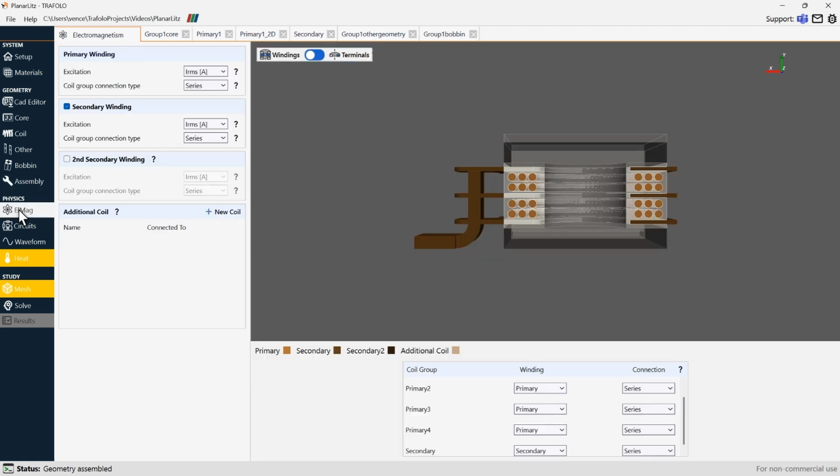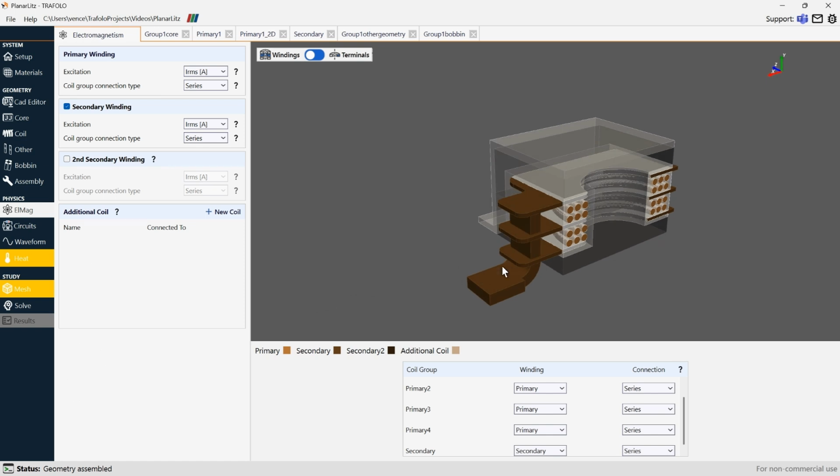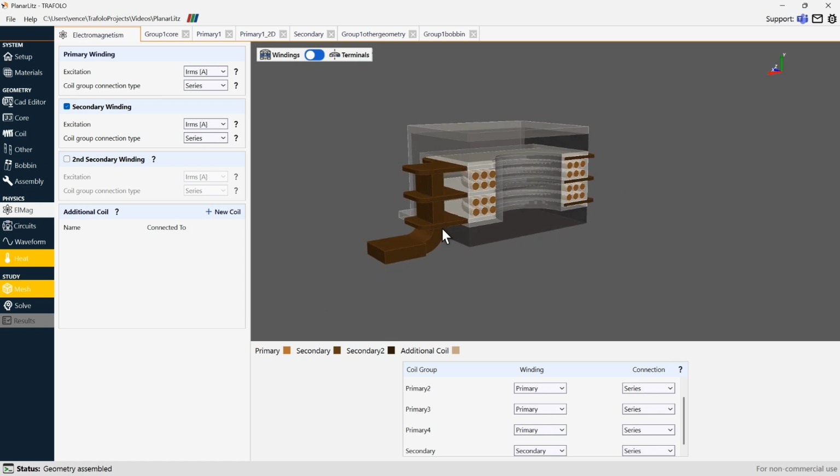Next we move to the LMAC section. Here we are going to define the excitation for primary and secondary. Both primary and secondary are going to be excited with a current. Those current values are either taken from some circuit simulator or from estimates,